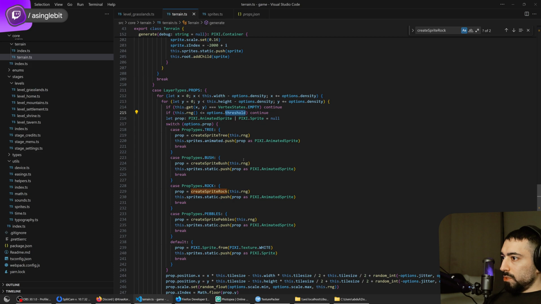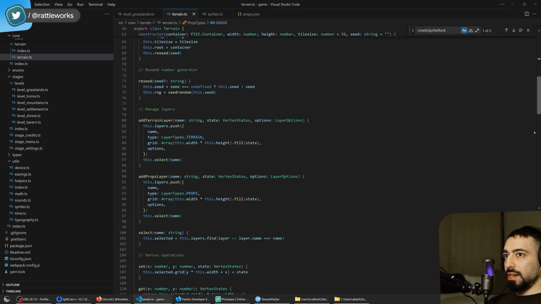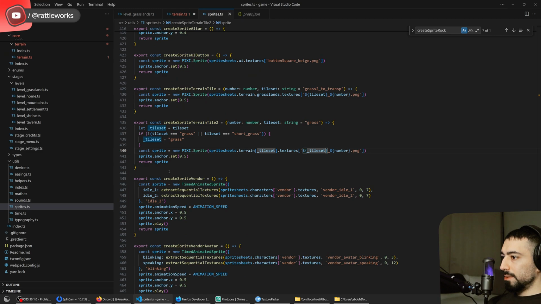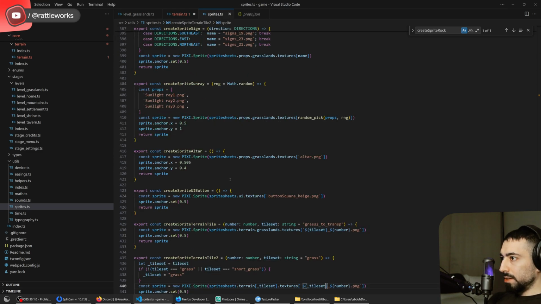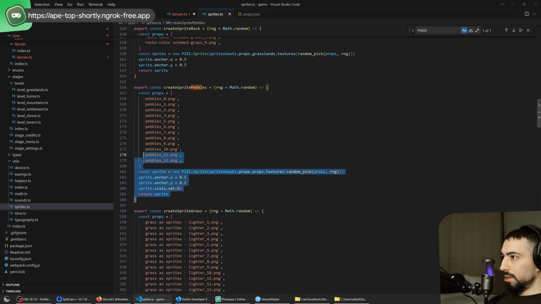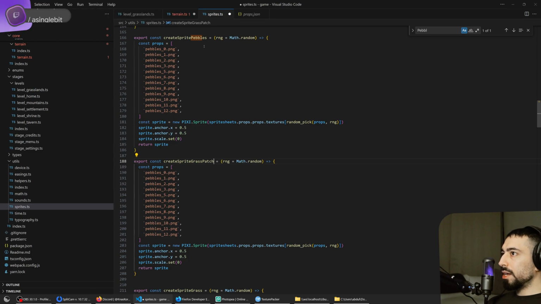I am going to add. Okay, so we have the bush. These are not bushes. We can add another type here. Let's call this grass. And then in case of grass, we create sprites. Grass. I have that right. That's not good. Grass patches. Yeah, grass patch. Okay, and then let's add this little function here. Where was it? Pebbles. So I'm going to duplicate that and create sprite grass patch,